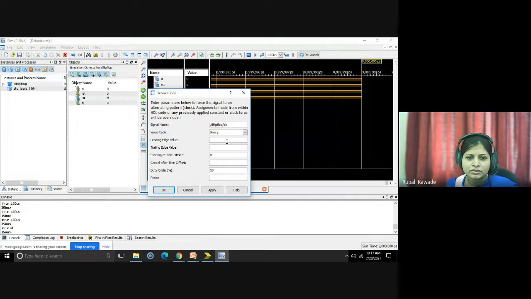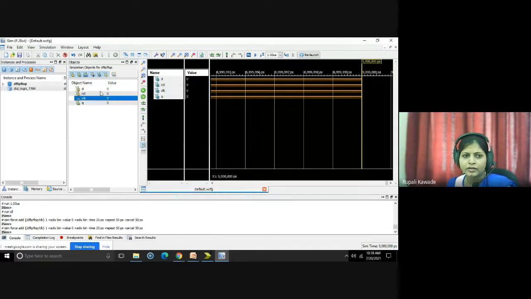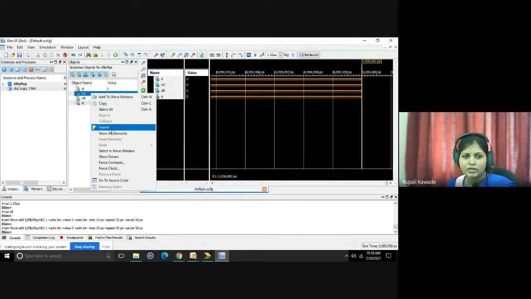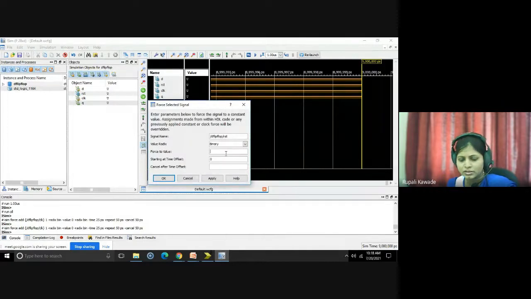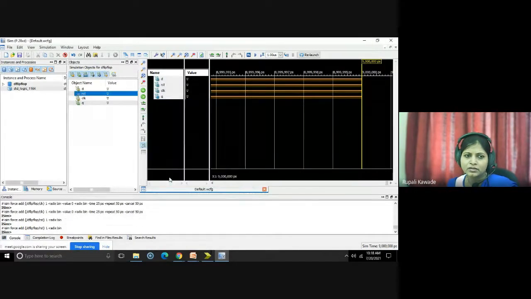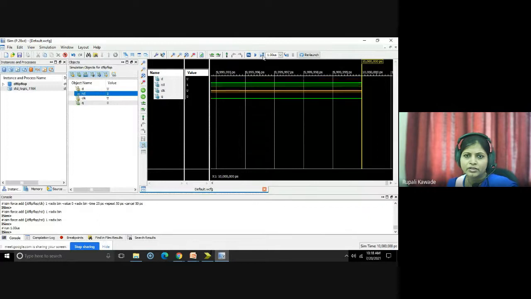Force clock, leading edge 1, trailing edge 0. Then reset is 1, force constant, reset is 1. So irrespective of D, it should show you the output. See, your Q will be 0.